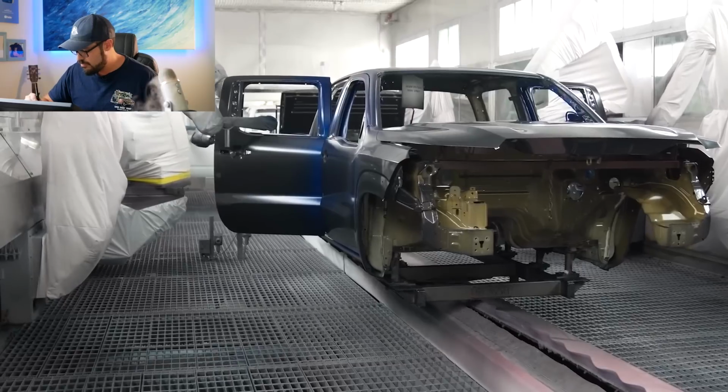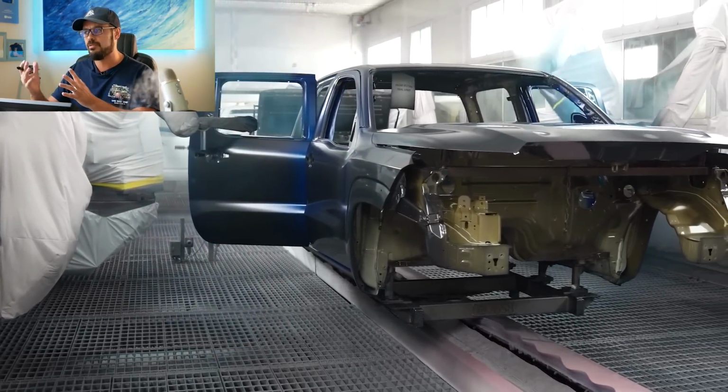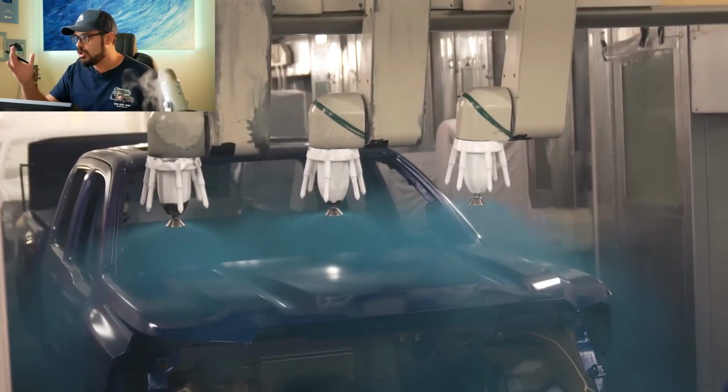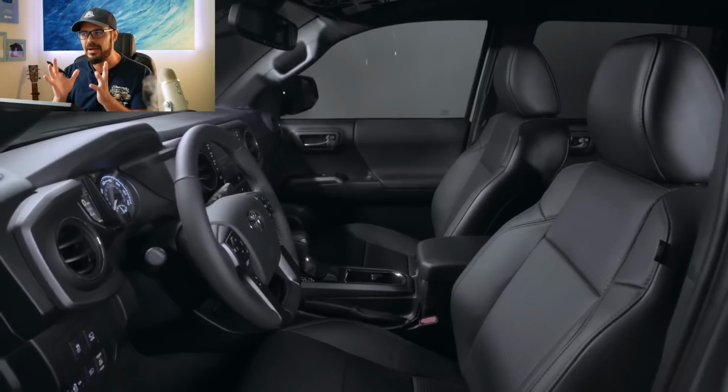These parts are very, very similar between the two. So it all really comes down to the graphics of the front end, and I would say the taillights as well, which we're gonna have a look at in just a second here. For me, what determines which design I prefer the most, it's all about simplicity,